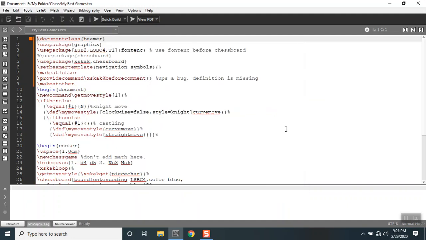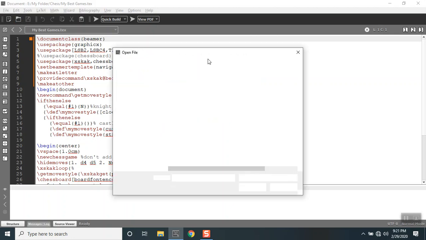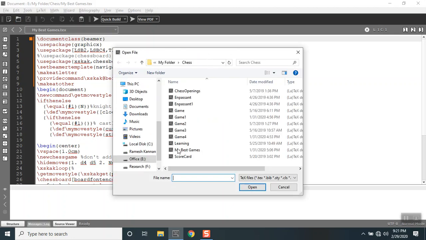There's also a text file. But what happens if you happen to know only the type of the file? Say, for example, a bibliography file that you're not sure of the name of. You can still try to open that. I'm pretty sure that I've saved that in the D drive. But before that, if you see the last document, I opened it from this folder, my best game. So next time when I click Open, it opens this dialog box rather than LaTeX Essential Training, which was in my D drive.